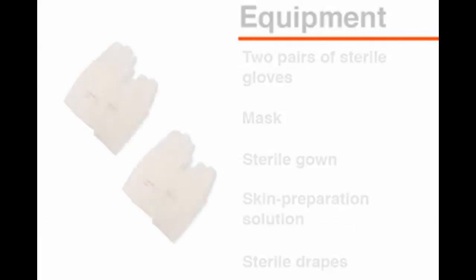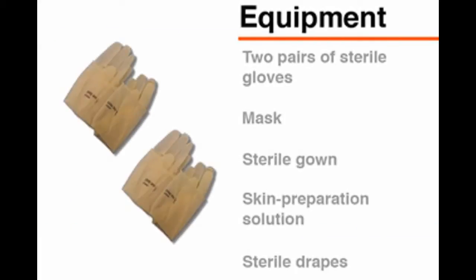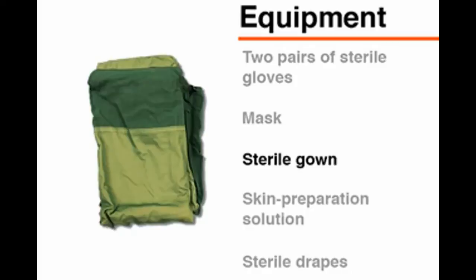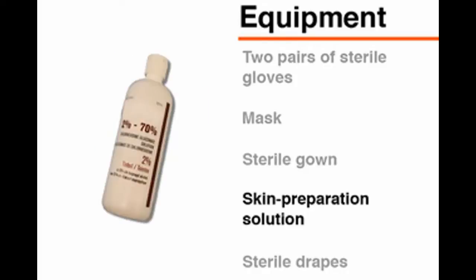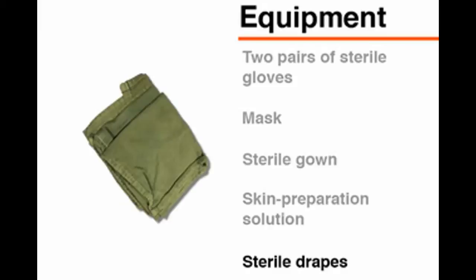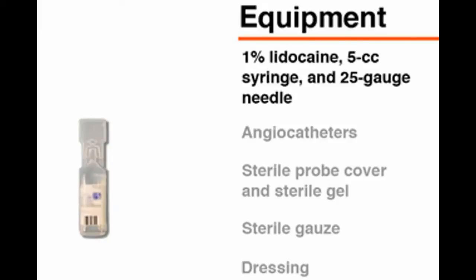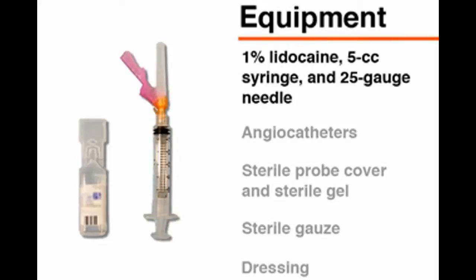After obtaining the patient's consent for the procedure, gather the necessary equipment. You will need 2 pairs of sterile gloves, a mask, a sterile gown, a skin preparation solution such as chlorhexidine, sterile drapes, 1% lidocaine without epinephrine, a 5 cc syringe and a 25 gauge needle for delivery of the local